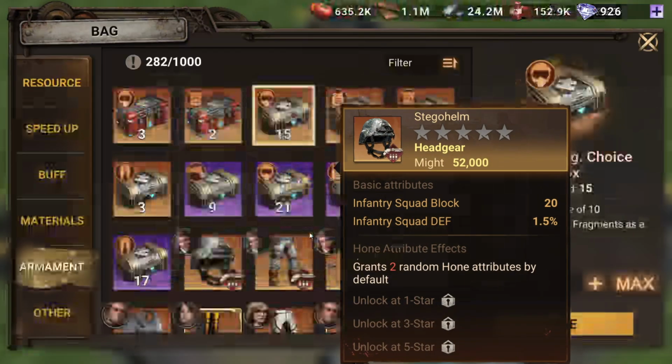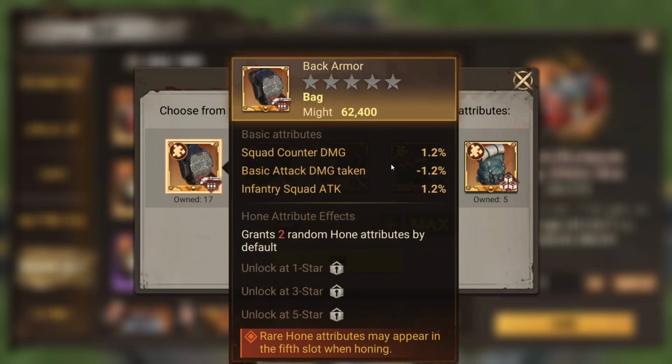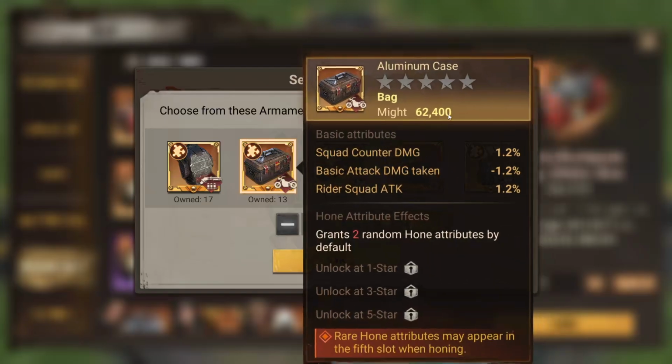Yeah, it's only the Superbs that get that rare one. Okay? So for the back armor, we've got squad counter damage and basic attack damage, that 1.2%, but you're also getting squad infantry attack, which is great. Okay, so this is going to boost out your infantry a little bit more, make them tankier, as well as punching out a little bit more, providing that rare hone if you manage to get it in your 5th slot. The aluminum case is going to provide counter damage, squad counter damage, basic attack damage reduction, as well